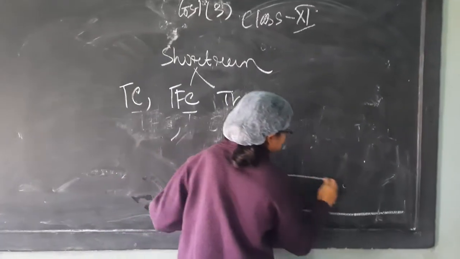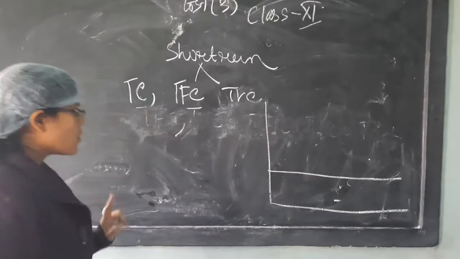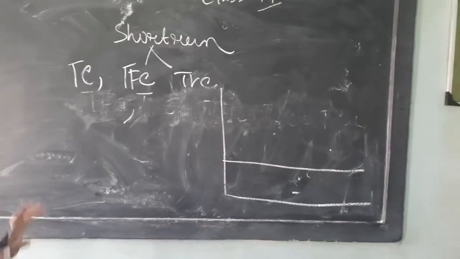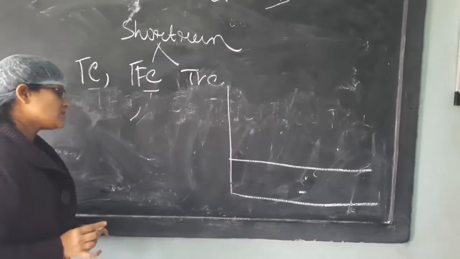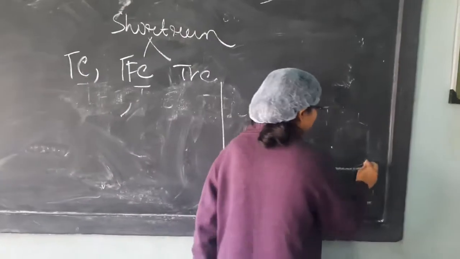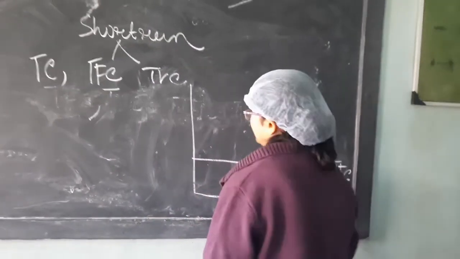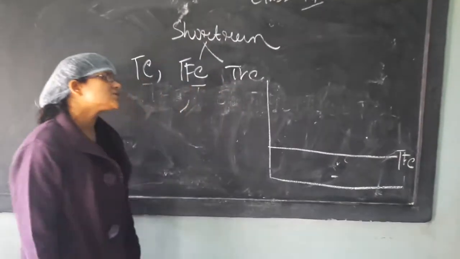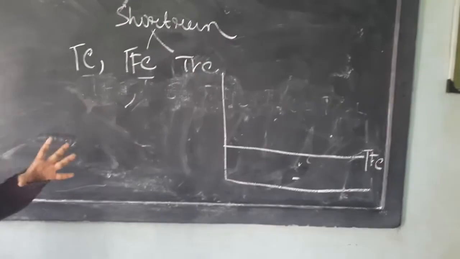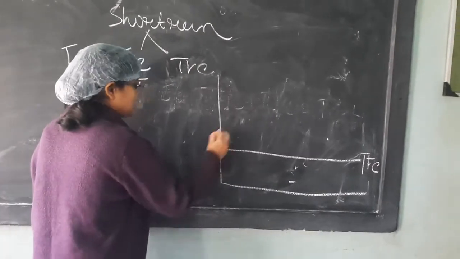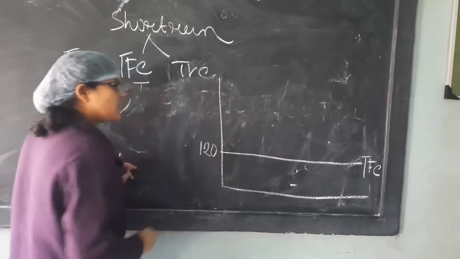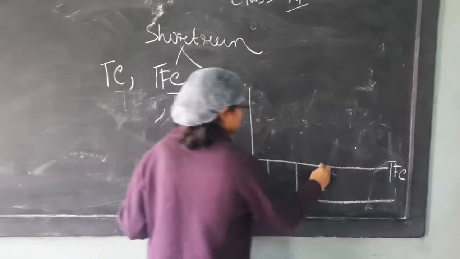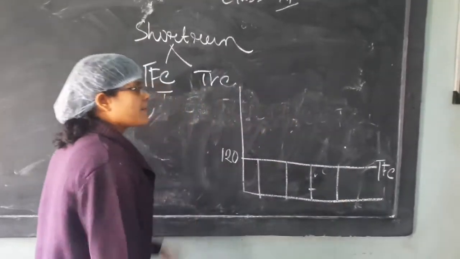Okay. TFC, it is a fixed cost curve. So when the production is 0, then fixed cost also cannot be 0. So fixed cost TFC cannot start from origin. It will never start from origin. It will be above origin and it will be a horizontal line because fixed cost is fixed up to a certain level of production. Suppose I give fixed cost 120, this fixed cost, any quantity can be produced up to a certain extent.